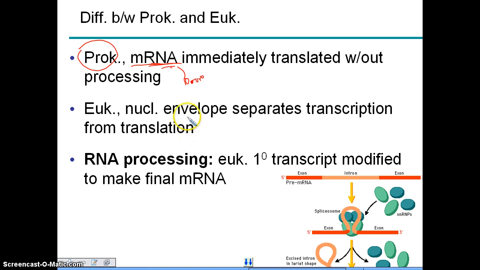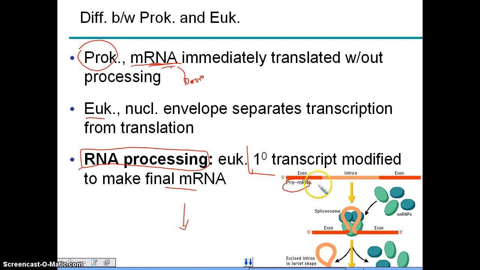into a polypeptide sequence. Eukaryotes, on the other hand, do have this nuclear envelope that separates the processes of transcription and translation. So in eukaryotic organisms, we actually have fairly extensive processing of our RNA. Now, this initial RNA, the book will refer to it in different ways. They may call it the primary transcript, they may call it pre-mRNA, but the basic idea is it's the RNA that you first produce gets modified or edited in some way before you get this final messenger RNA that then goes out and is used to make the protein.